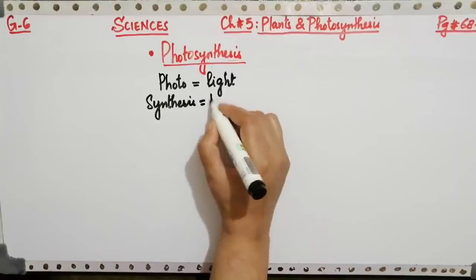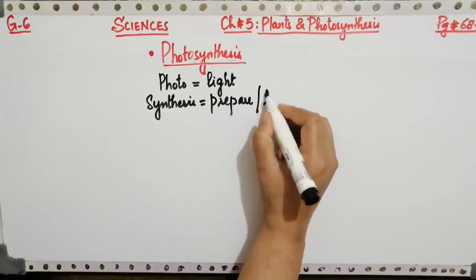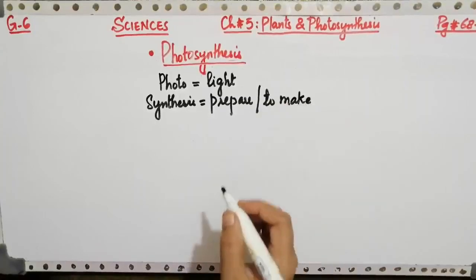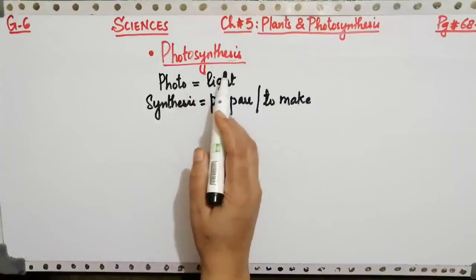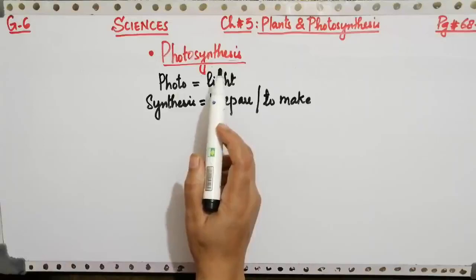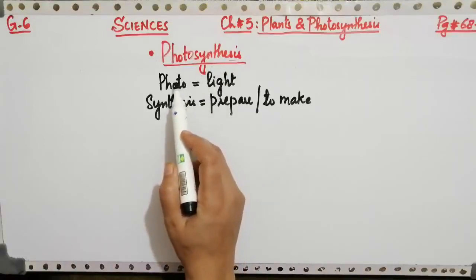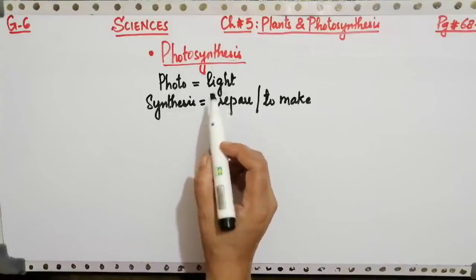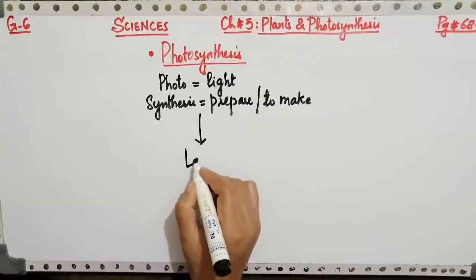So in this way we can define the process of photosynthesis in plants: photosynthesis is a process in which the plants make their own food in the presence of light, and this process normally takes place in the leaves